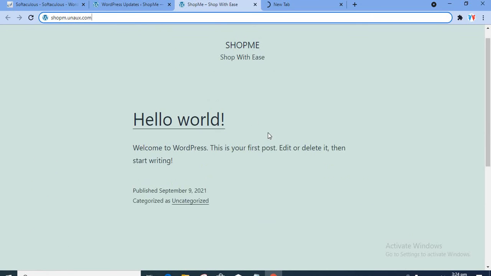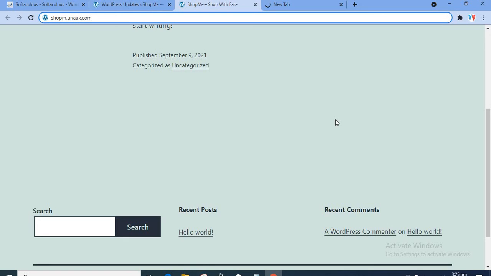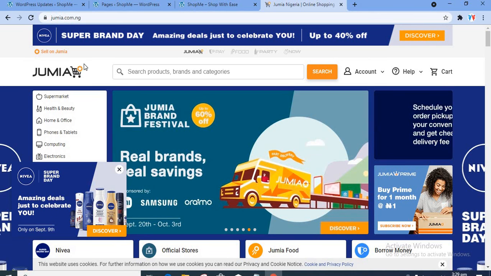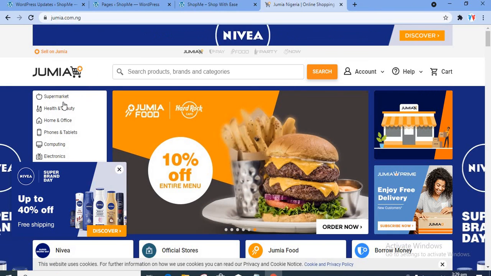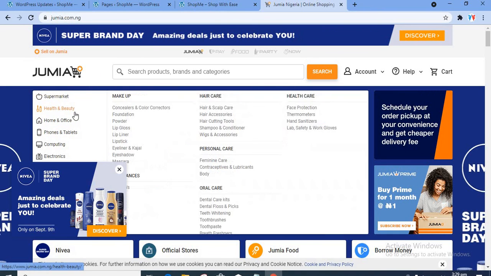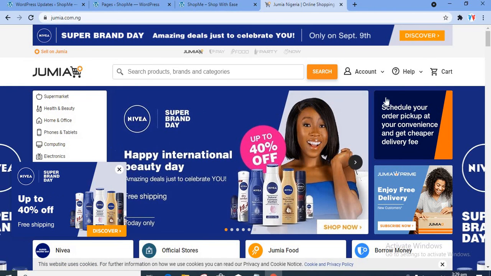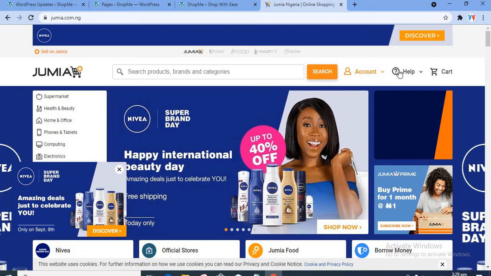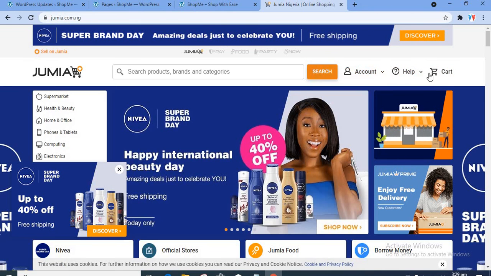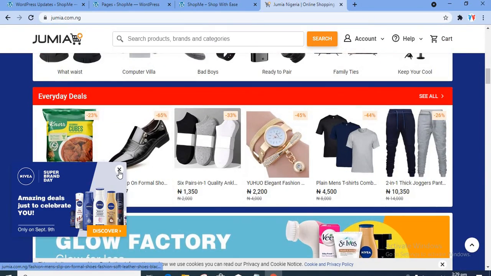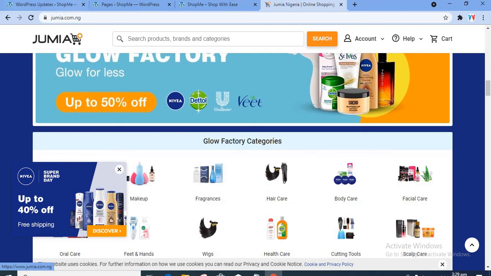you understand that in your site you get to see some points where, okay, I'm coming. Let me just check something so that you'll be able to see. Okay, you can see these are menus. These are different menus, and as well you can see these are pages. You click on any of these, you get to other pages of the site. You can see this is an e-commerce site. So that is it about